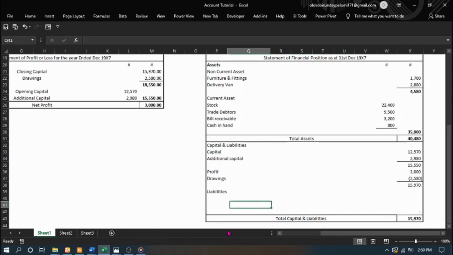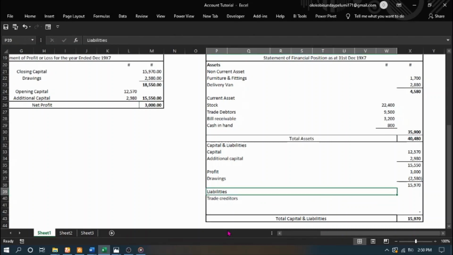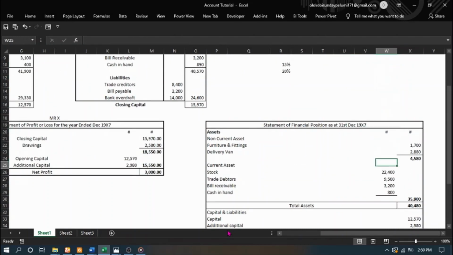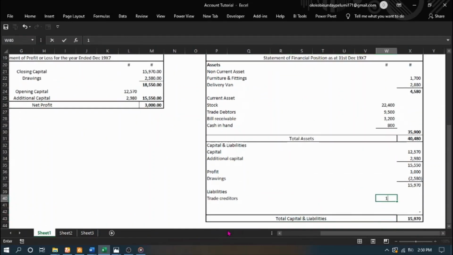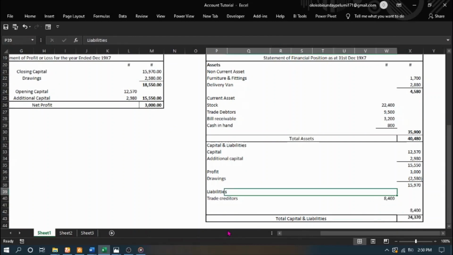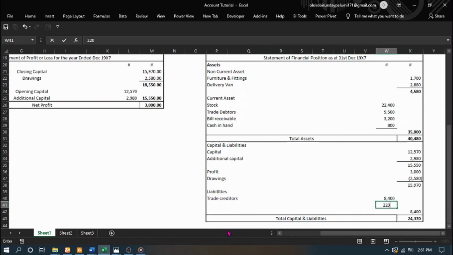Now let's talk about liability. So what are the various liability we have? We have trade creditors. What is the amount of trade creditors? The closing amount of trade creditors is what? 8422 14,000. Alright, so this is